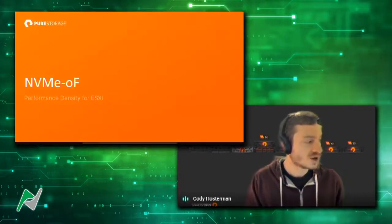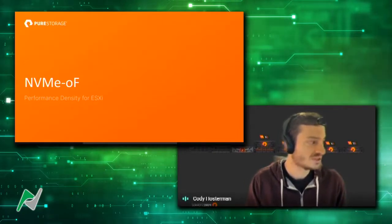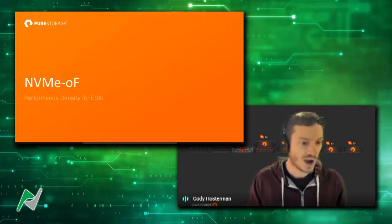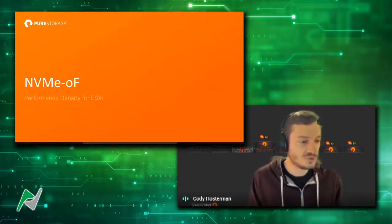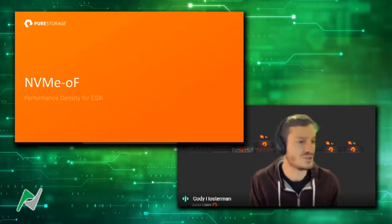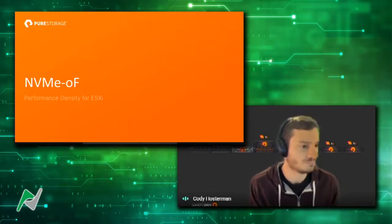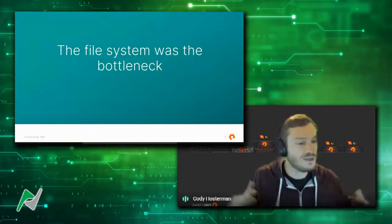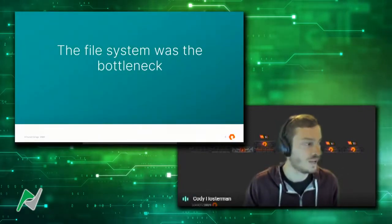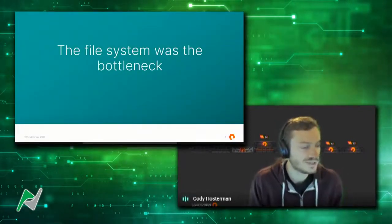So let's start off with NVMe over Fabrics. What does this actually mean? Why does this matter? Why did we even start working on it? Why was it introduced in the first place? To really understand this, and to frame it in the right way, it's important to understand a little bit of history. So many years ago, in a galaxy far, far away, in the ESX environment,